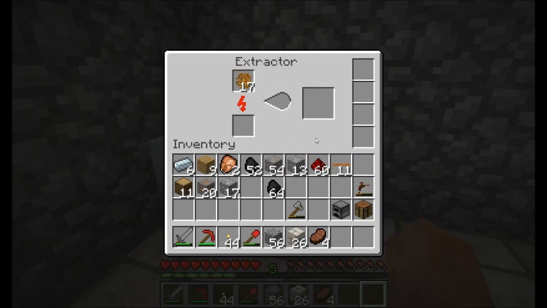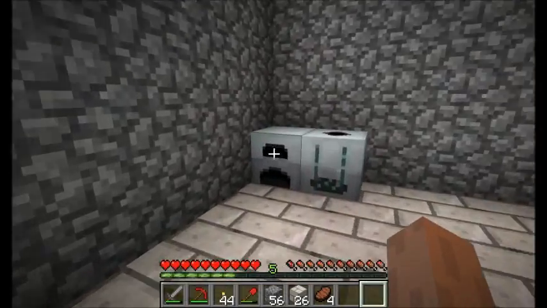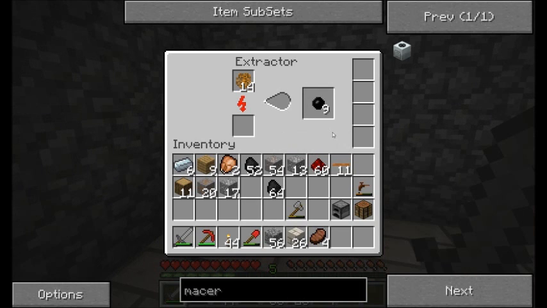Now I can place my sticky resin inside, and it's going to start extracting the sticky resin and give me 3 pieces of rubber each. So now that that's running and everybody's happy about it, especially me, I'll be back in a few minutes. So as you can see, we're getting a good amount of rubber here,